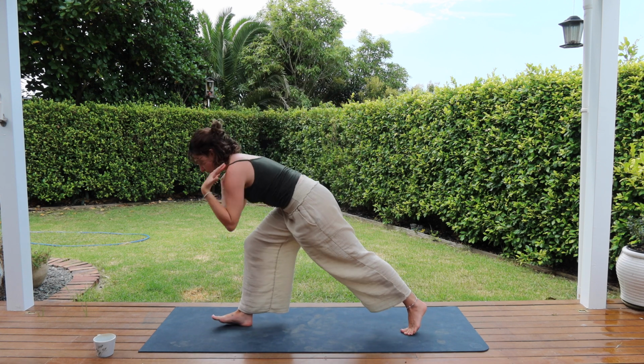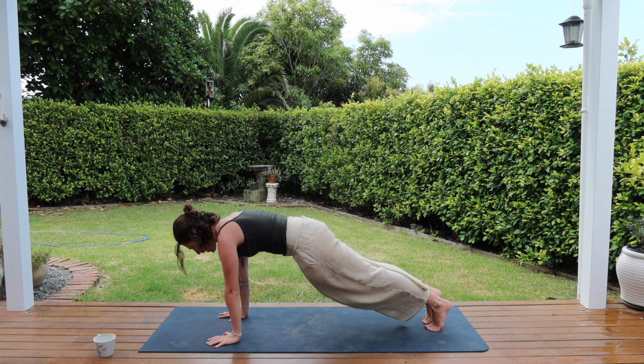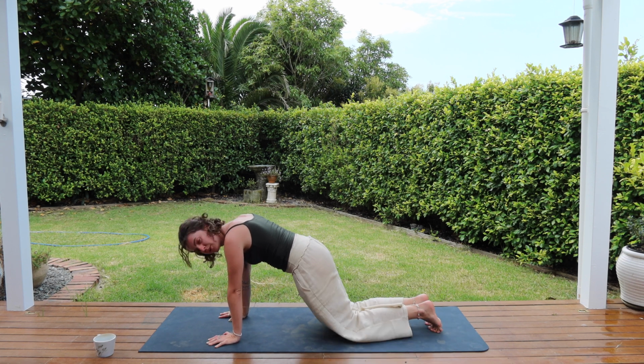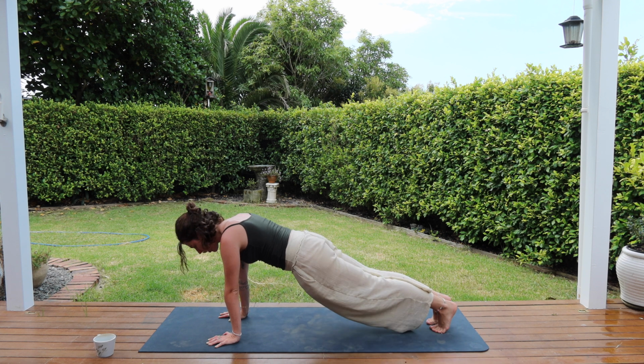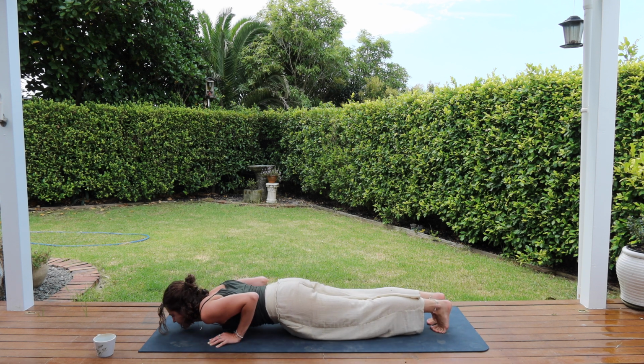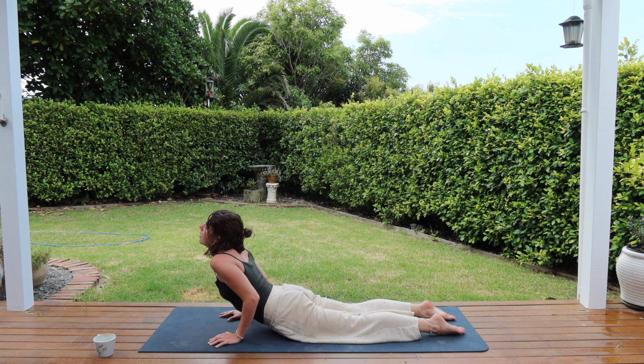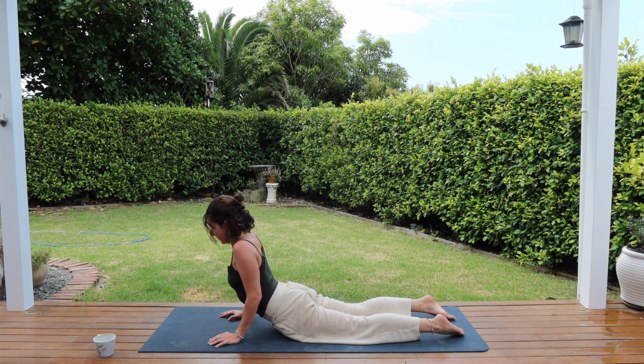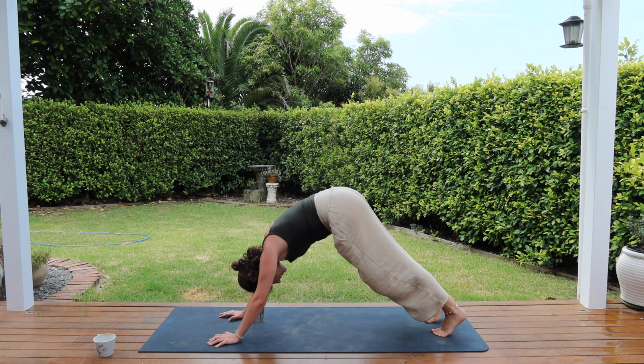We're going to frame our front foot, step our foot back, coming into a plank, staying here for a breath, and then slowly lowering down. You can drop your knees here if you need. Otherwise, lowering down, coming into a chaturanga dandasana, coming up into the upward dog, curling your toes, exhaling down to